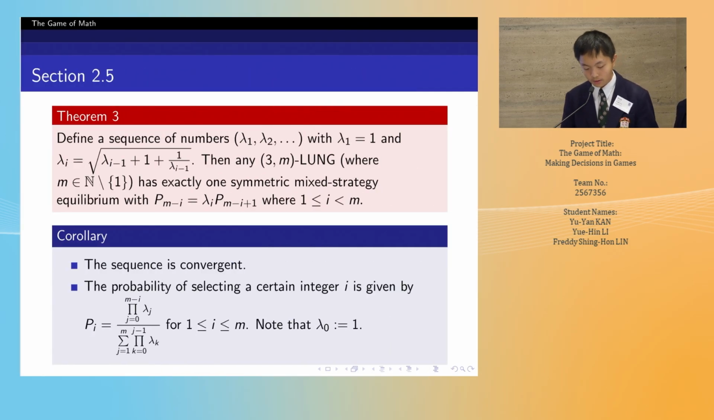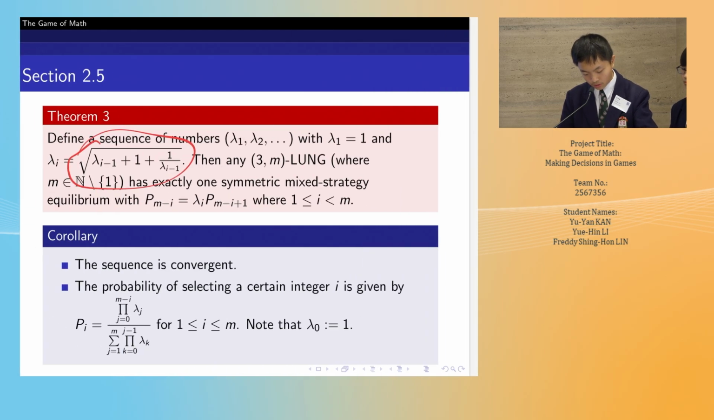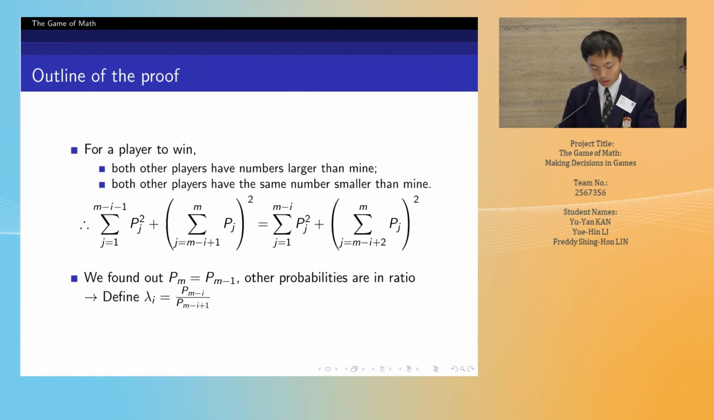And finally, we consider the most general LON setting in our work, 3 players and an arbitrary finite set of integers. We found that the solution of the symmetric equilibrium strategy is related to a recurrence relation, in particular this expression. The outline of this proof is that we first classify the situation for a player to win, which is when both other players choose a larger number than ours, or when both other players choose the same smaller